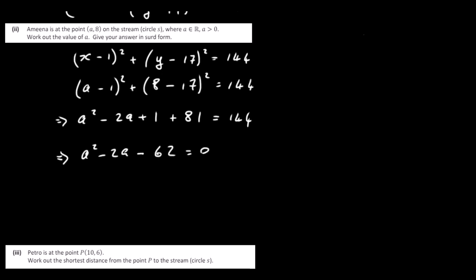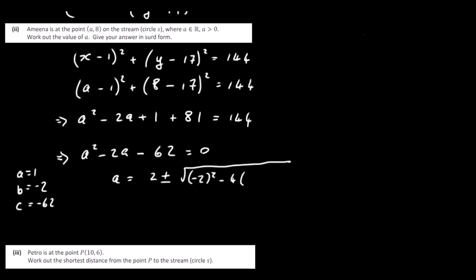Now, this particular one we can't factorize as such, so we've got to use the quadratic formula. So again, a is 1, b is minus 2, c is minus 62. So a is going to be equal to minus b, so 2, plus or minus the square root of b squared, so minus 2 squared, minus 4 times a times c, all over twice a. So you can mess around with that yourselves, and you will just get a is equal to 2 plus or minus the square root of 252